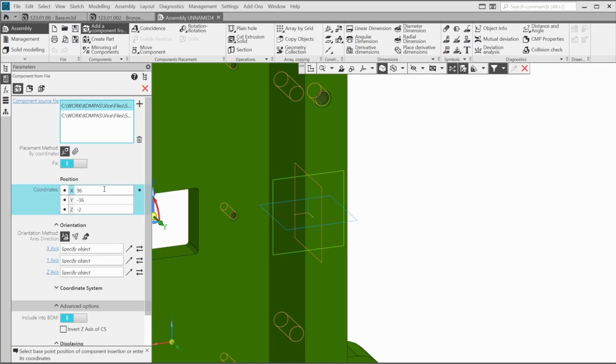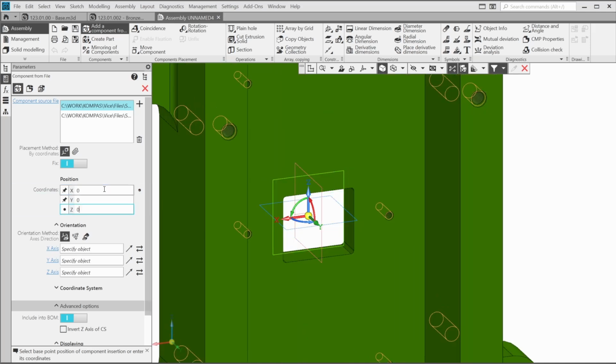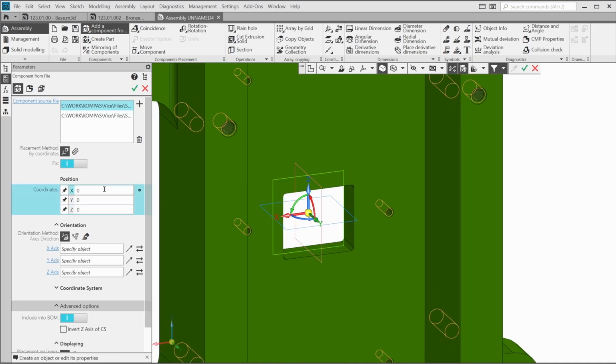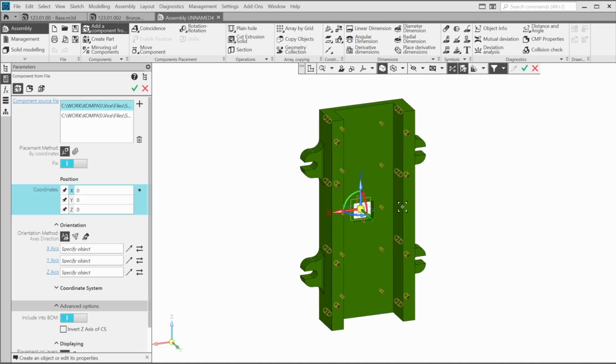Let's use the keyboard. Enter 0 for each coordinate. Enter, 0, Enter, 0. After pressing Enter, the pin symbol appears, indicating the value is fixed. The part has been placed exactly at the origin, as you can see.